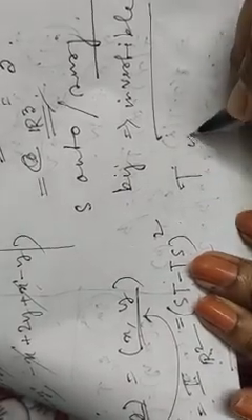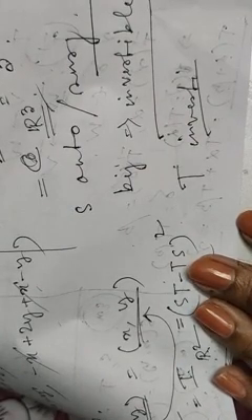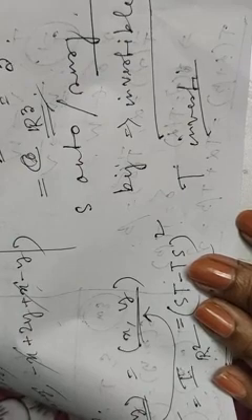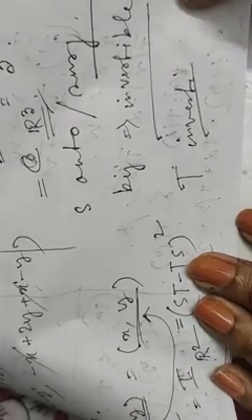S is invertible. Similarly, you will show that T is also invertible. Okay. Then the second part of the question is proved: prove that S and T are invertible. Now moving to the next part, which asks to verify that (ST) whole inverse equals T inverse S inverse. So let's prove it.